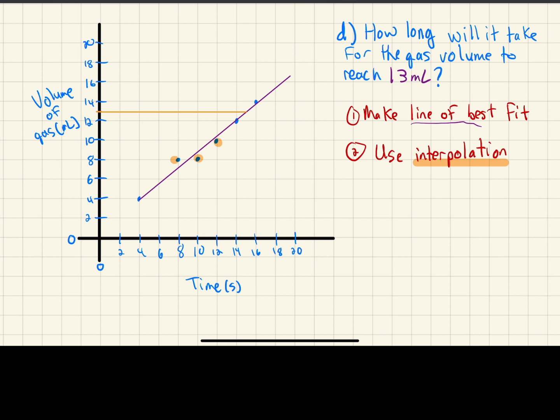Then I'm going to drop it down to the x value. And again, you should be using rulers for this. And when I do that, I see I have a value of about 15. So it should take about 15.0 seconds, and do the approximate sign,